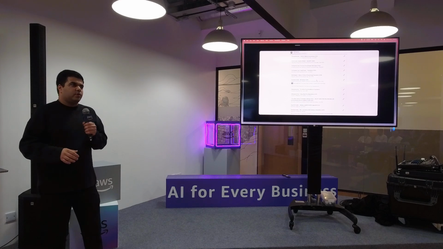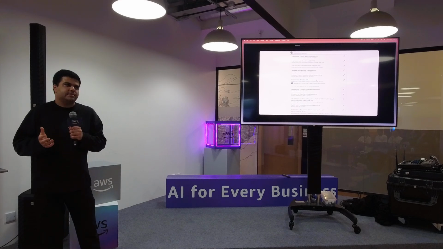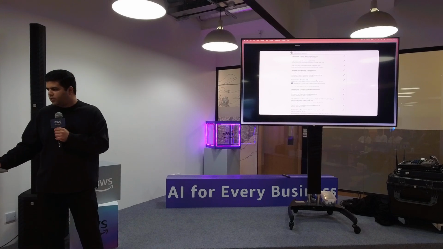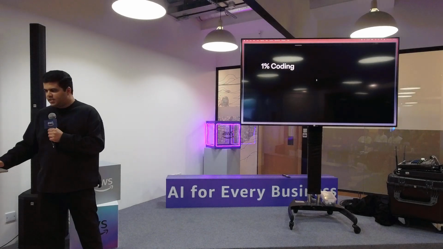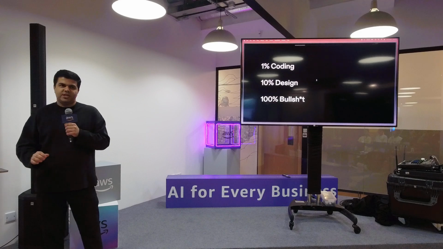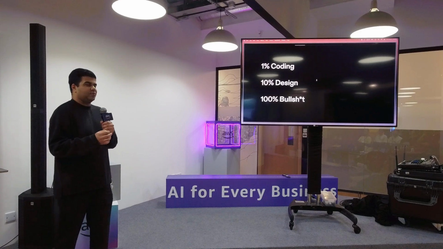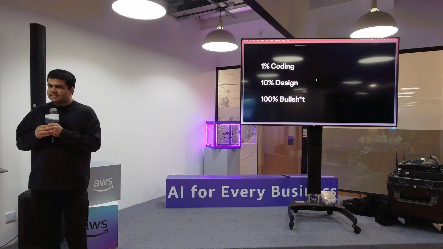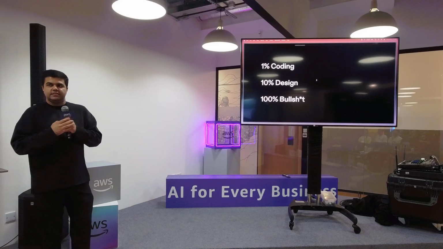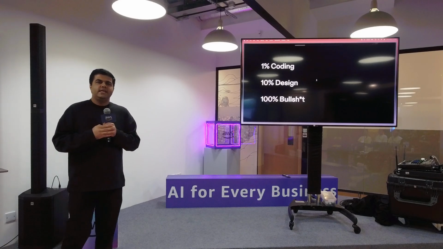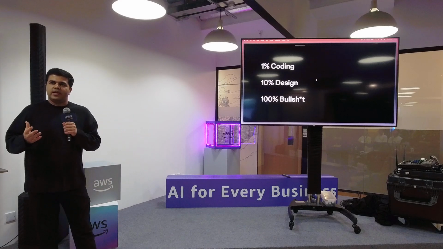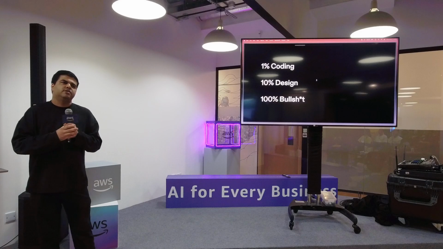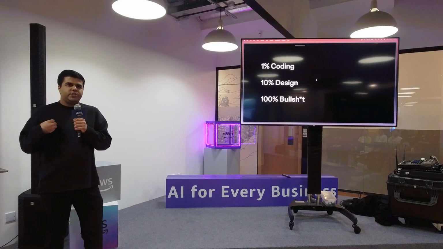First things first, the winning formula I found in startups, whether in a hackathon or in the real customer world, is basically 1% coding, 10% design, and 100% bullshitting. That's one of the winning formulas I've figured out over the past few years. Why am I bringing this up? When we were joining hackathons, we realized that judges don't know coding. So all we have to do is code a little bit and show them that we have the technical background. But what matters more is what kind of visuals we can show them.